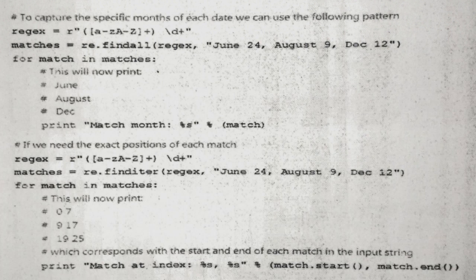After 17 there is a space before December 12. So that space has numbering 18, and December starts from 19. So 19 is the match.start value. Then just put the numbering 19, 20, 21, 22, 23, 24. The last character, that is 24, is the match result. After that it will take one more character, it will consider the end character and then display the result as 25.